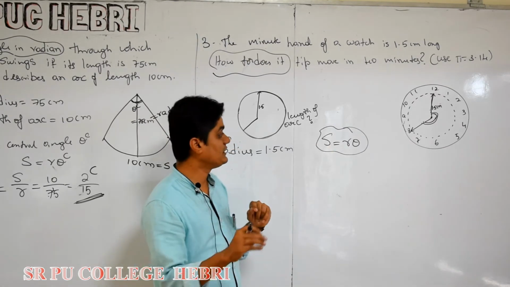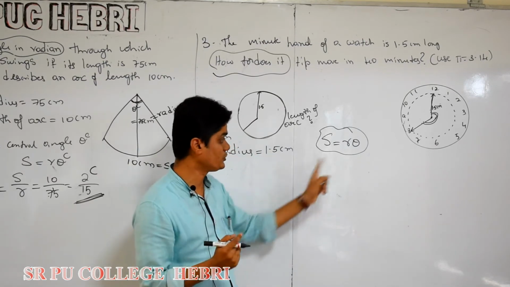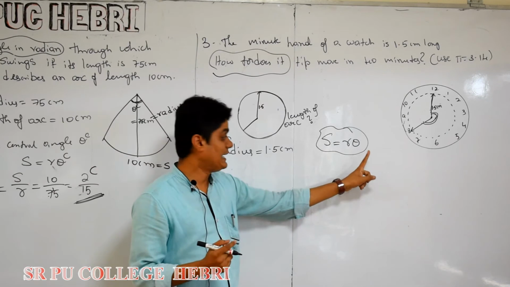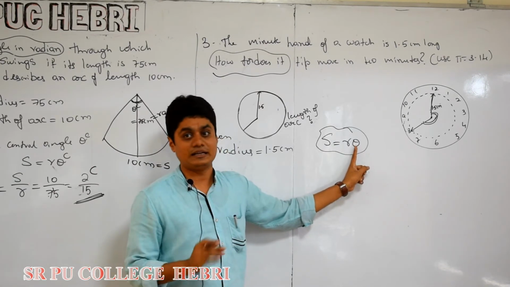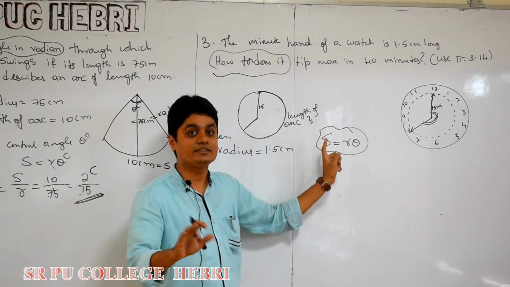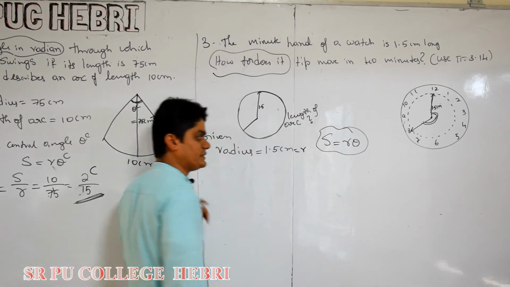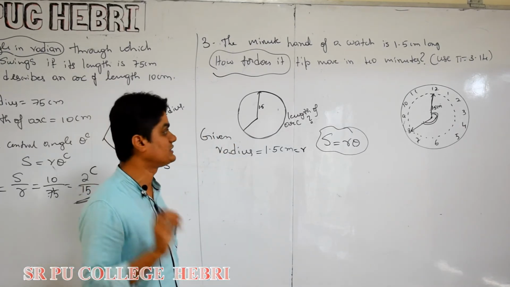So how to find out one more, okay, from the given data? At least one more you have to find out to get S. Kali theta ಗೊತ್ತಿದ್ರೆ S find out ಮಾಡ್ಲಿಕ್ಕೆ ಆಗಲ್ಲ. ಅಥವಾ only if you know R, then also you cannot find out S. You should know R and theta both. So R ಗೊತ್ತಿದೆ. Already you know R is equal to 1.5 centimeter. So the next task is to find out theta.